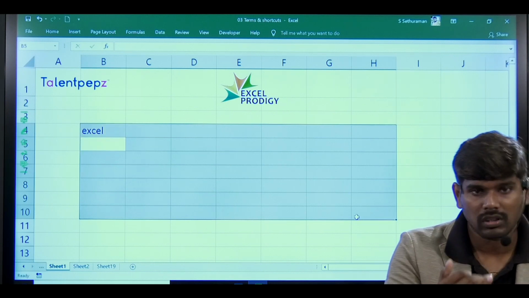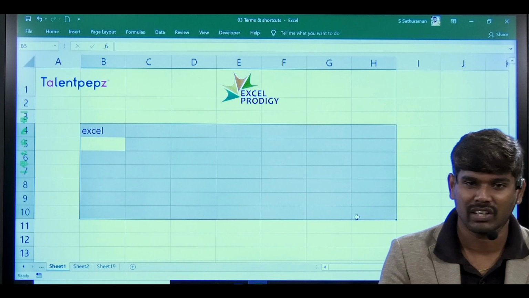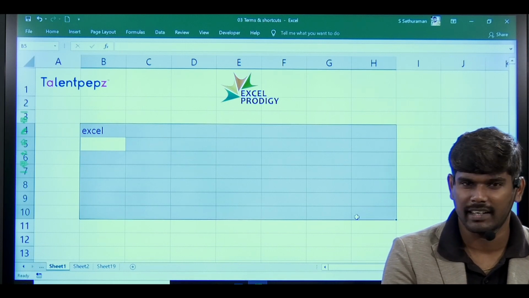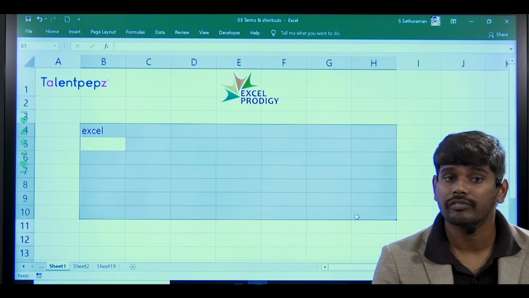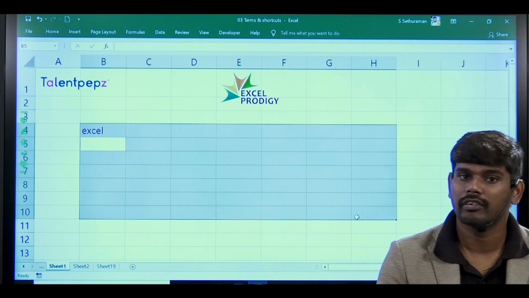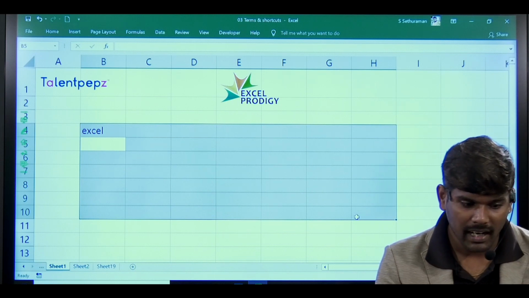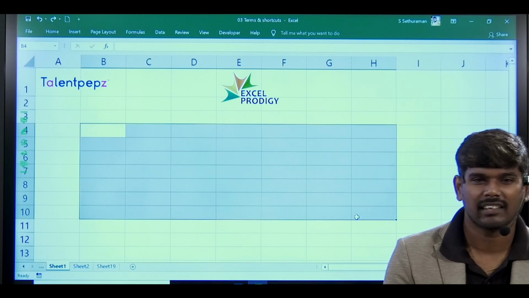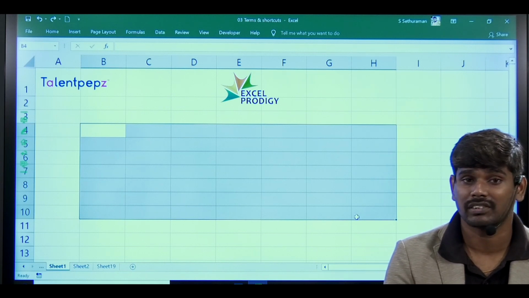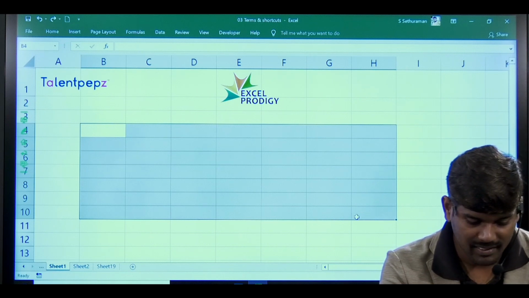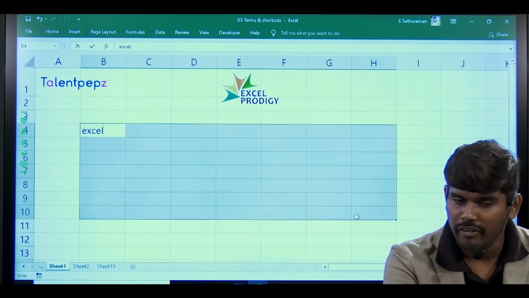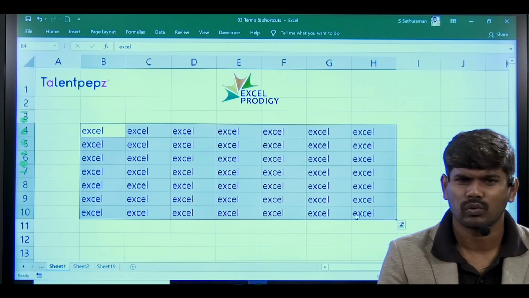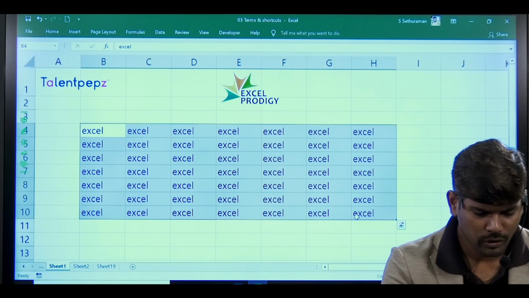It will come out of that cell, and it will fill only that particular cell. If I have a selection and I type in the first cell of the data, then press enter, it won't fill the data completely, it will fill only that particular cell. For that, we can use a shortcut. It is the most used shortcut, as we usually term it. Now I am just typing Excel. Instead of pressing just enter, I am pressing Control enter. What happened? If you want, I will do it once again.